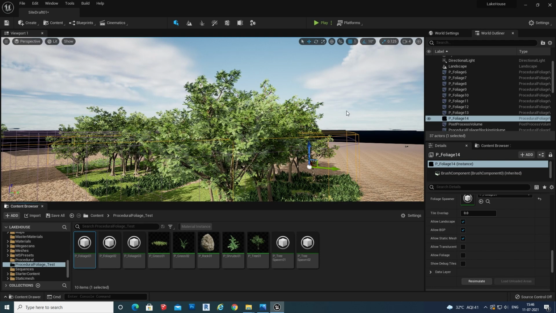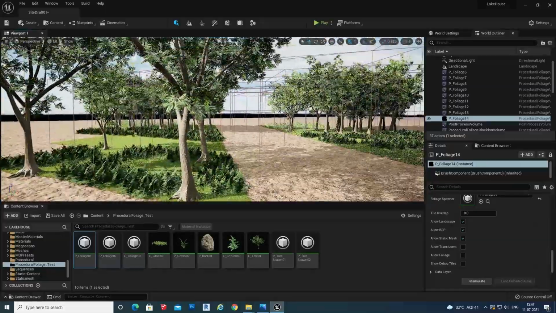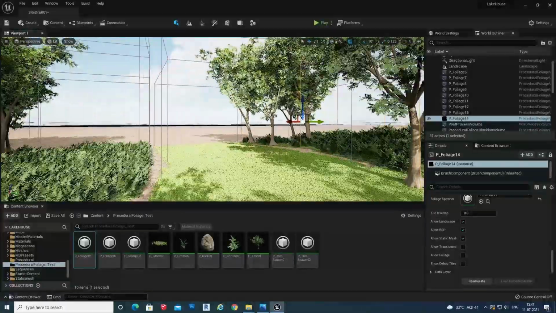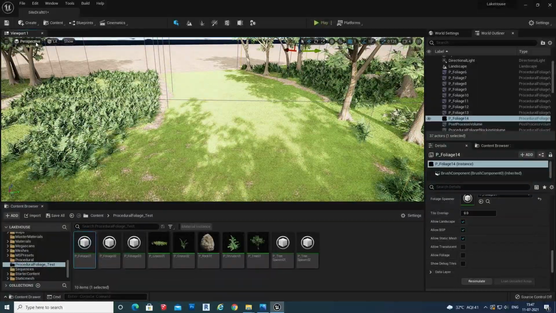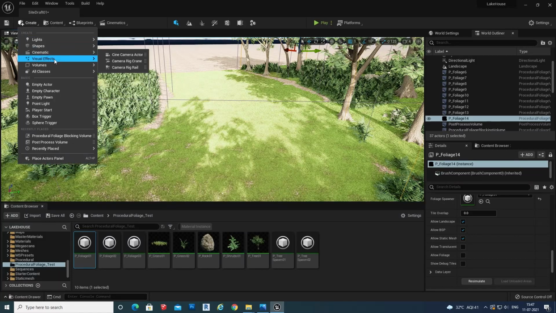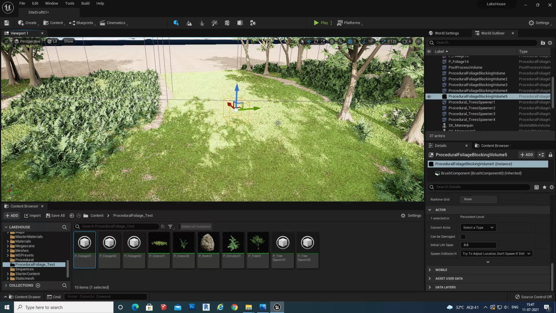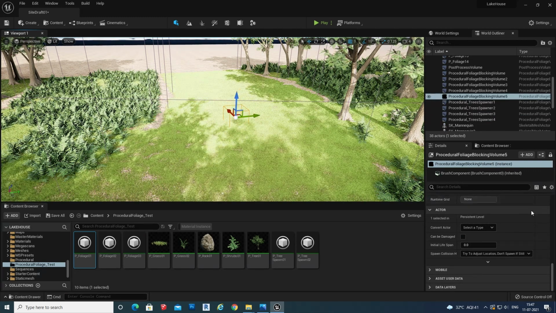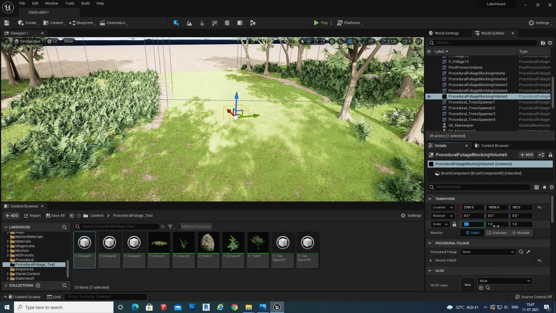Yeah, now I'm getting the grass patch below the trees. Just taking one void volumes, blocking volume, and increasing, just going below 5, 5, 5 or 2.